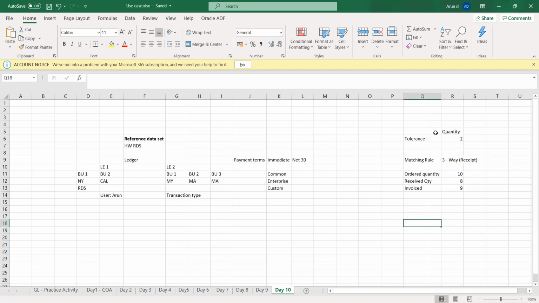So here, if you see, the scenario that we are taking is that in a normal scenario, if we take out the tolerance part, based on the setup that I have done, it is based on the three-way matching, that is based on the receipt. We have different matching rules. One is the two-way rule, where we just match the invoice and the PO. Three-way is where we have the receipt part also involved. And we have four-way matching. Four-way matching is nothing but I have received the quantity, but